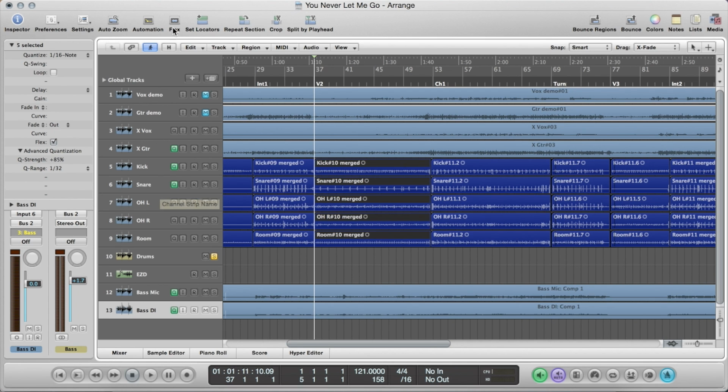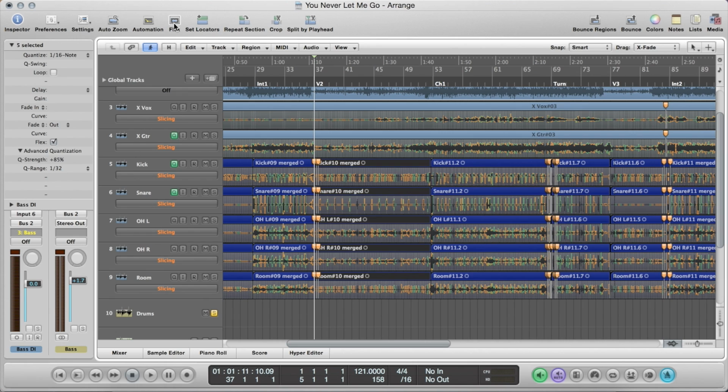So as I said, we're using Logic's flex time, and so we need to turn that on, and we need to select our flex time mode. In my case, I'm just using slicing because that works well for drums. Depending on what you're doing, you might want to play around with some of the other flex modes, but slicing tends to work well for editing a drum set. And then we're going to look at our